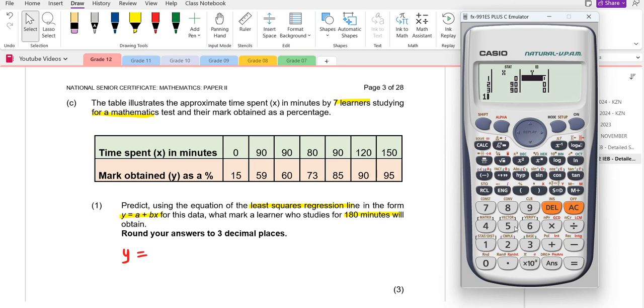15 equals, then move on to the next one. 59, then 60, 73, 85, 90, and 95. I hope you guys are understanding. Put your calculator on. The data is stored into the stats mode. Press shift 1, go to stat, go to regression, which is option number 5, and select number 1. When I select 1, I'm getting 19,259